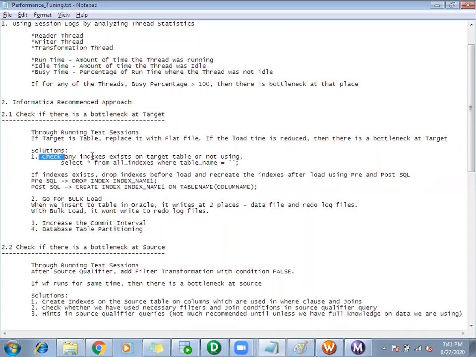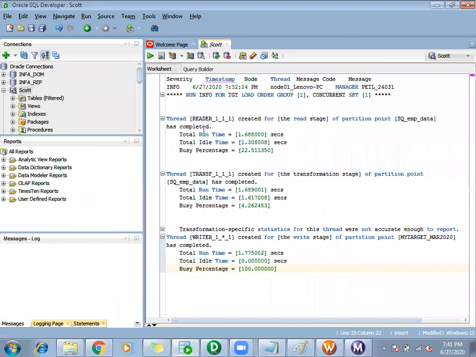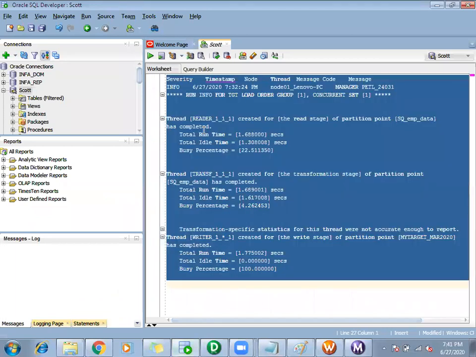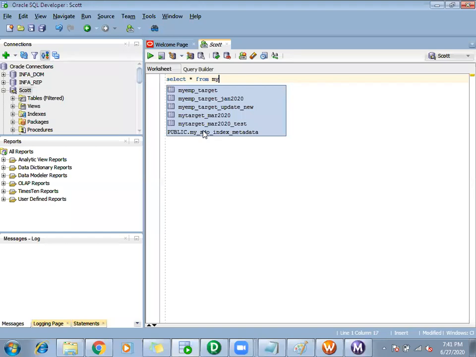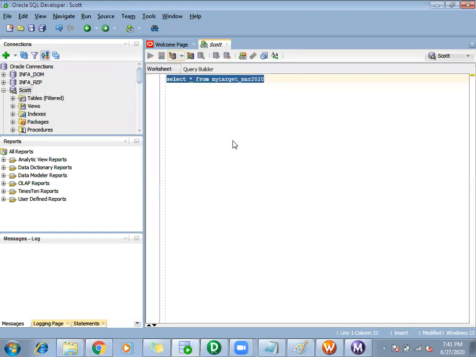Solutions are like, check whether any indexes exist on the target level or not. That is, indexes. You are loading the data to this particular table here at the database level, from my target. So this is the table where you are loading the data.